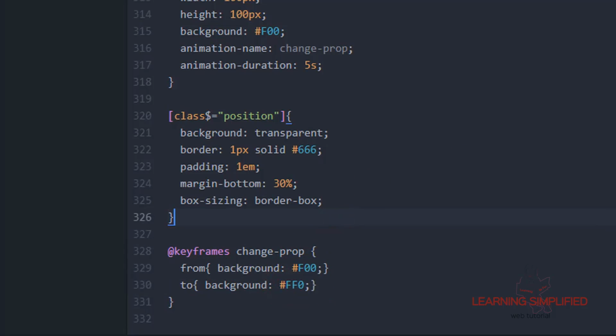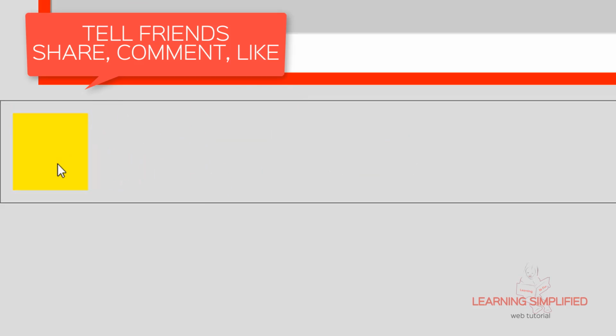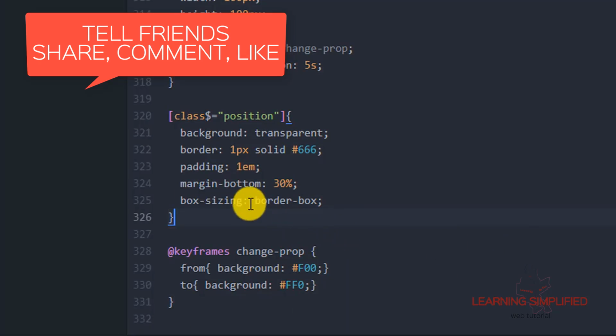Now if we get back to our project and reload, we can see that already this red box was changing into a yellow one. Reload again and observe the animation output here. So it changes to yellow, and then it goes back to the normal state. Now in the second case, before we move into anything, the first thing is that